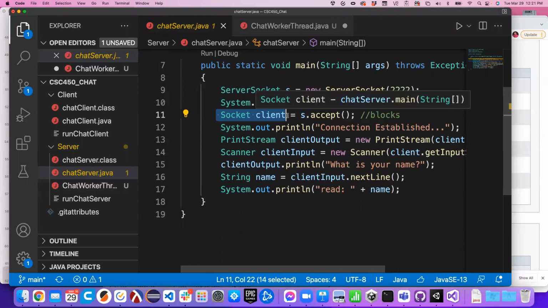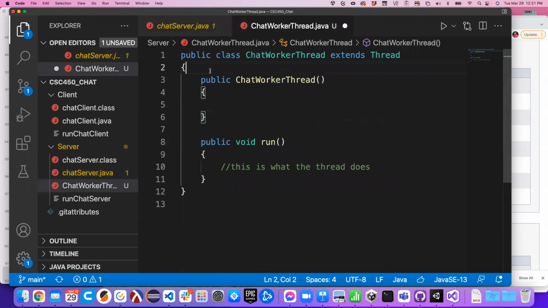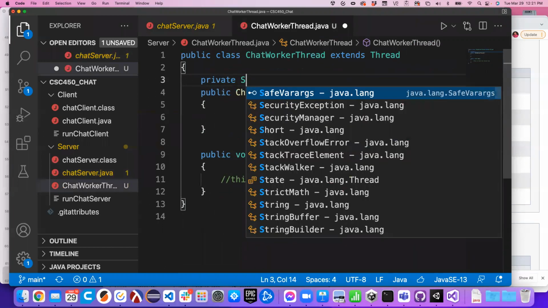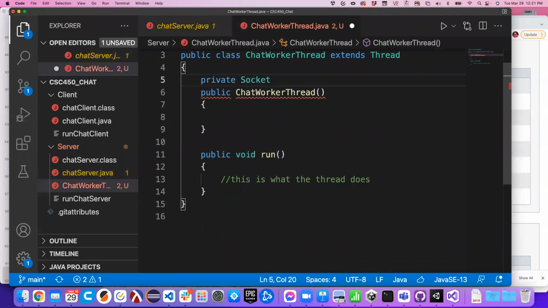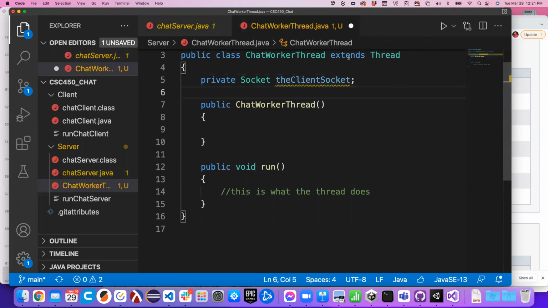That whole communication channel to that client, like a walkie-talkie, is a socket. So if I can build my worker thread to take in a socket connection,